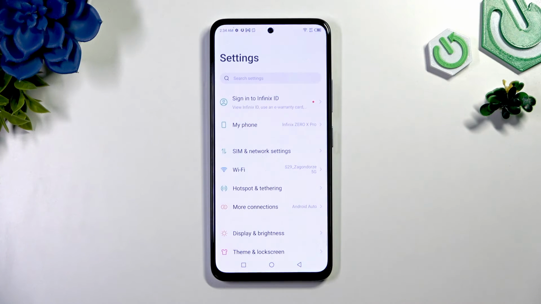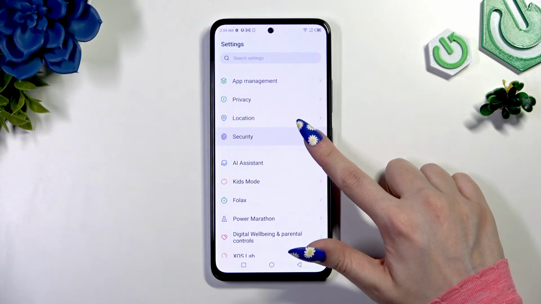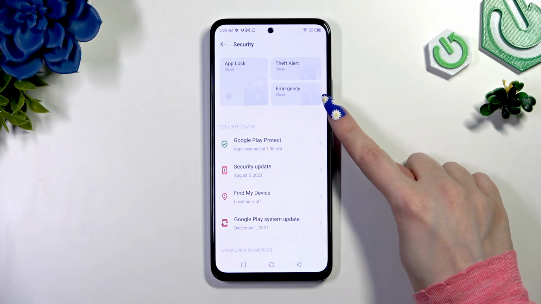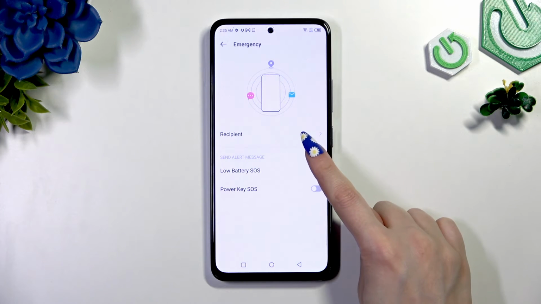Begin by opening Settings and scrolling down to access Security section. Then click on Emergency at the top. Click on Recipient over here